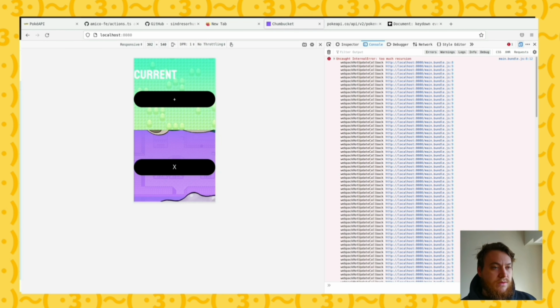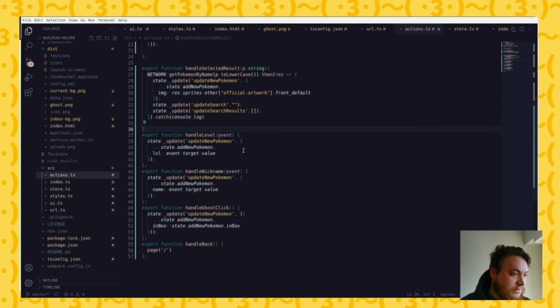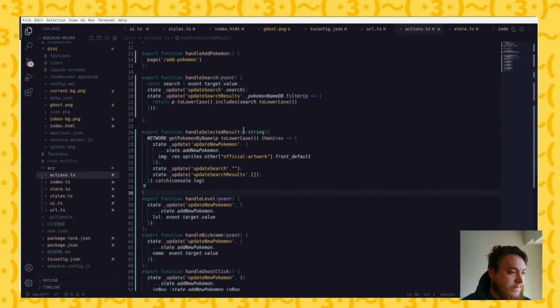So let's jump back into the code, let's do remove, and then I think we can focus pretty much on styles. Now that I fixed that, let me properly go through the search. I'll go to the actions, and as I mentioned before, we put the handle search, which will search the names and get the correct spelling for us. And then the handle search results will actually go to the network. We go here,